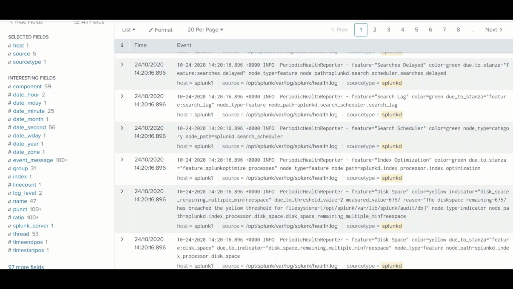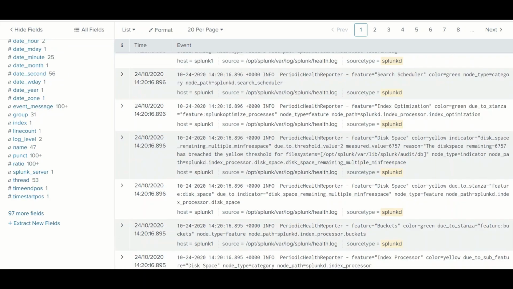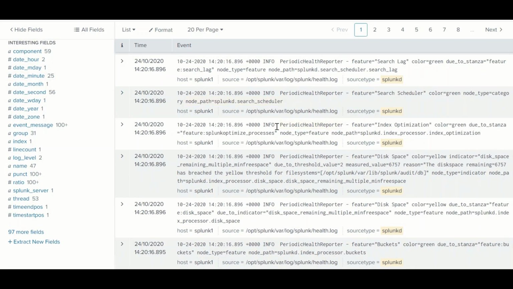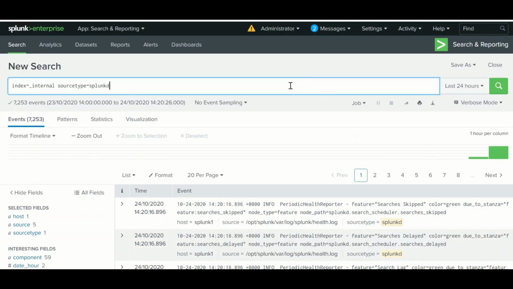Here several things are there. You can see fields and events. So what exactly do you want to do with this data? Commands will help you understand the trend, behavior, or statistics of it. Commands will help you create a chart, compute statistics, and evaluate and format your data.